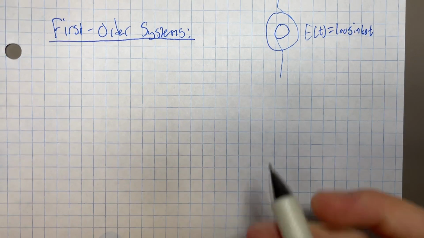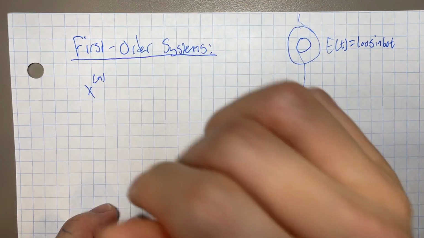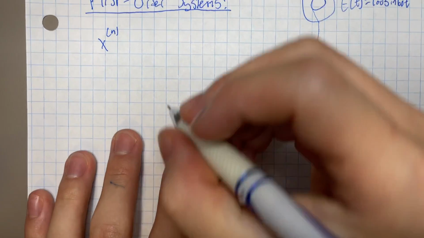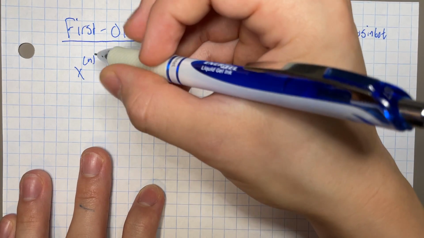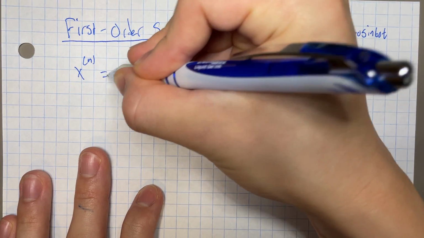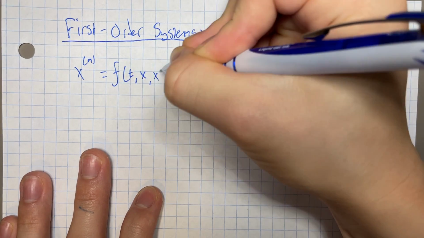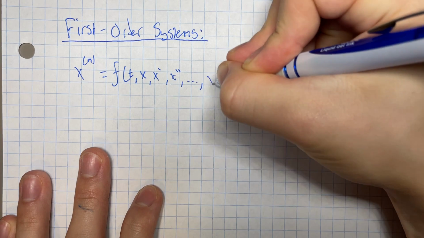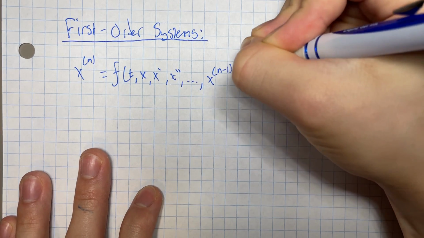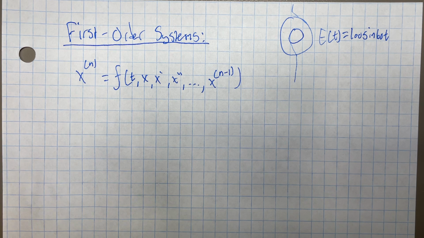So how we're going to do this is we're going to consider a single differential equation. Let's say x differentiated n times is going to be equal to a function of time, x, and all of its derivatives up until x differentiated n minus 1 times. And so how we're going to convert this into a system of differential equations is by